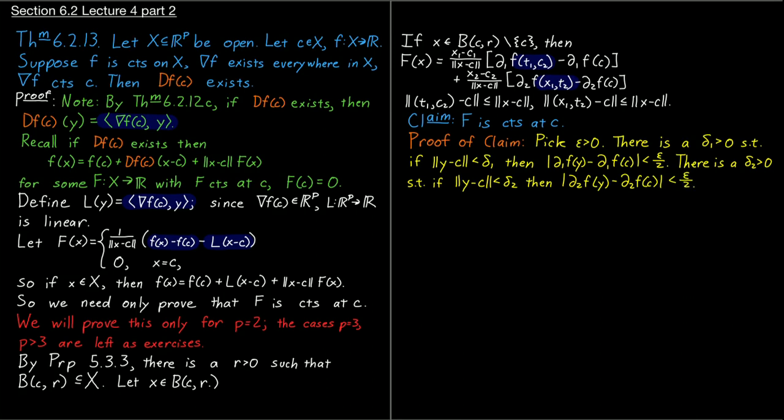And now we're going to let delta be whichever is the smallest of delta 1, delta 2, and our r. We're just going to insist that we have to be inside this ball where we've done all our work already. And so then if the distance from x to c is less than delta,